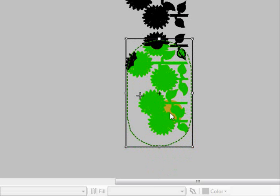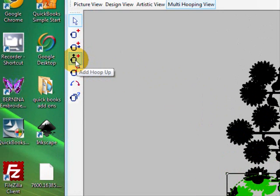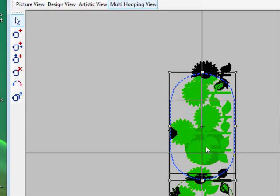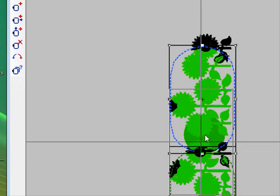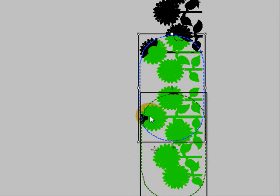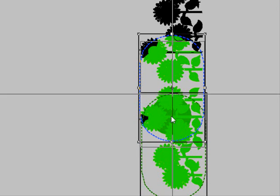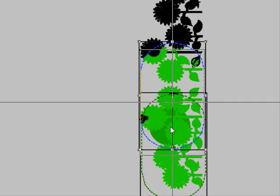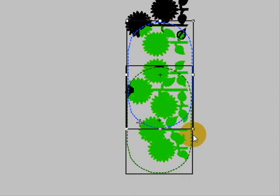Now I've moved this one down, as you can see, so that all of this part is green, and so that's the first hooping. Now we need to add another hoop, and so we just use the plus hoop above it, and just move this down as well until this part here is green as well. You can see that because it becomes oval here, it hasn't actually caught that bit, so we need to come down a little bit further and just make sure that your hoops are actually lined up here vertically,